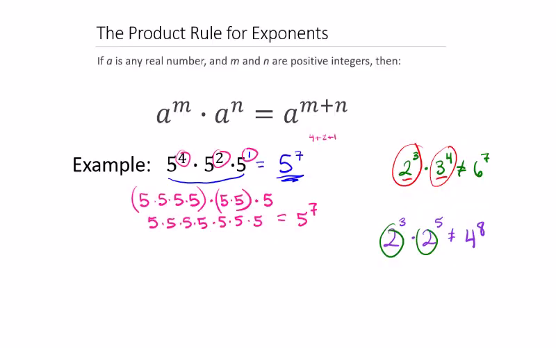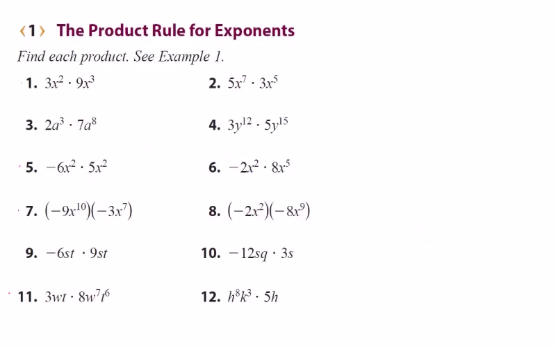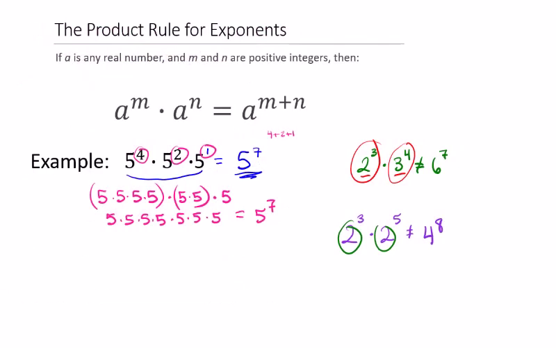All right. So here's some practice with our product rule. All right, so remember the product rule says that if we multiply like bases, let's go back to that for a second, right? Then we can just add the exponents,